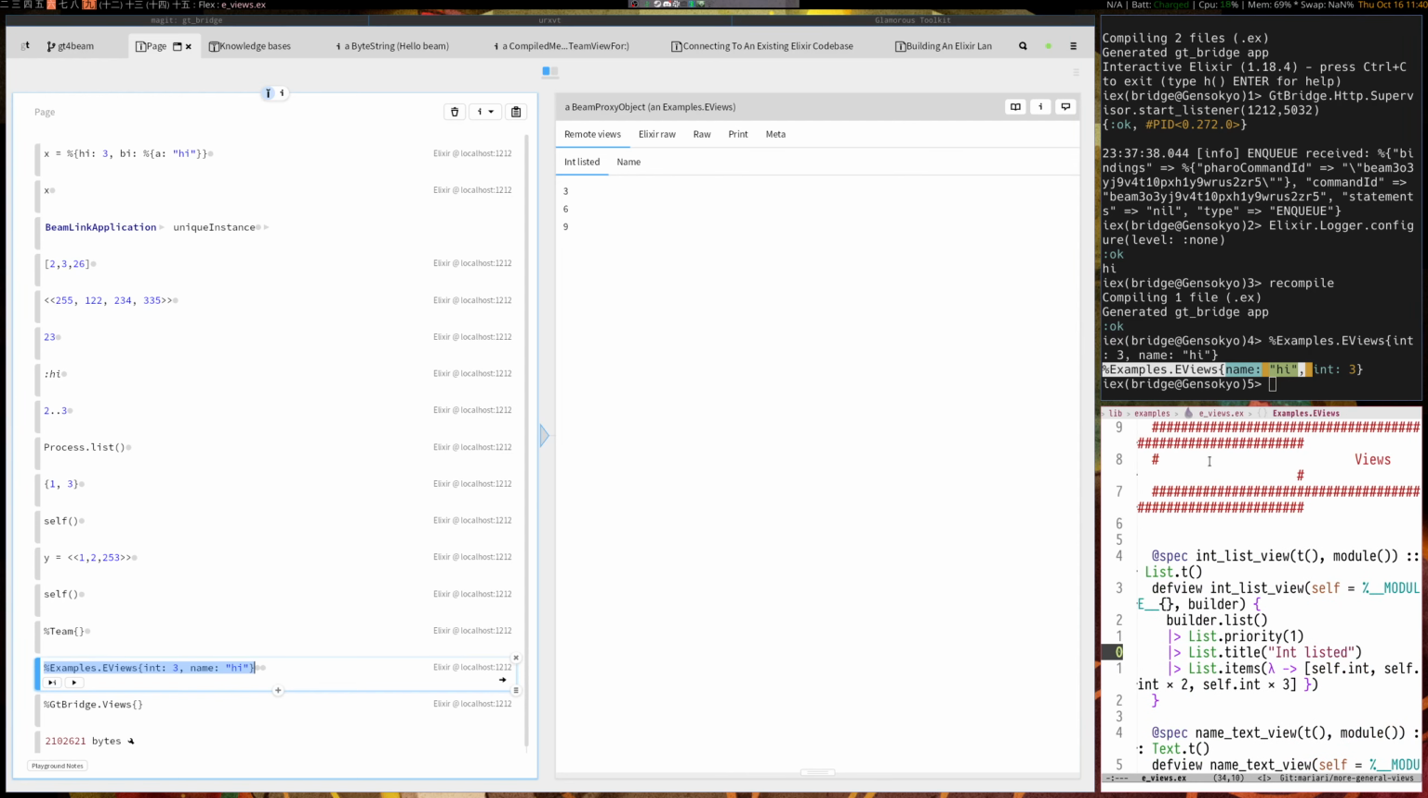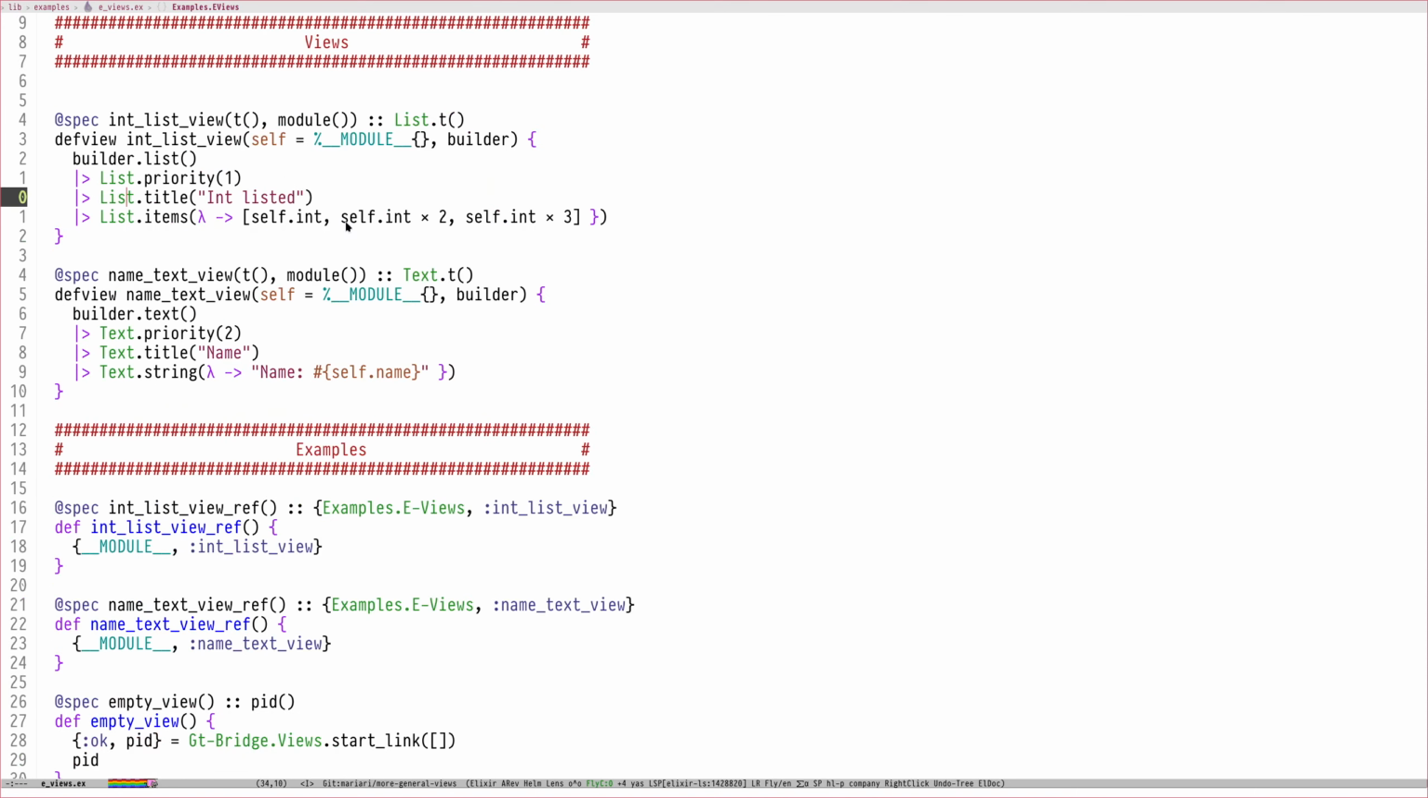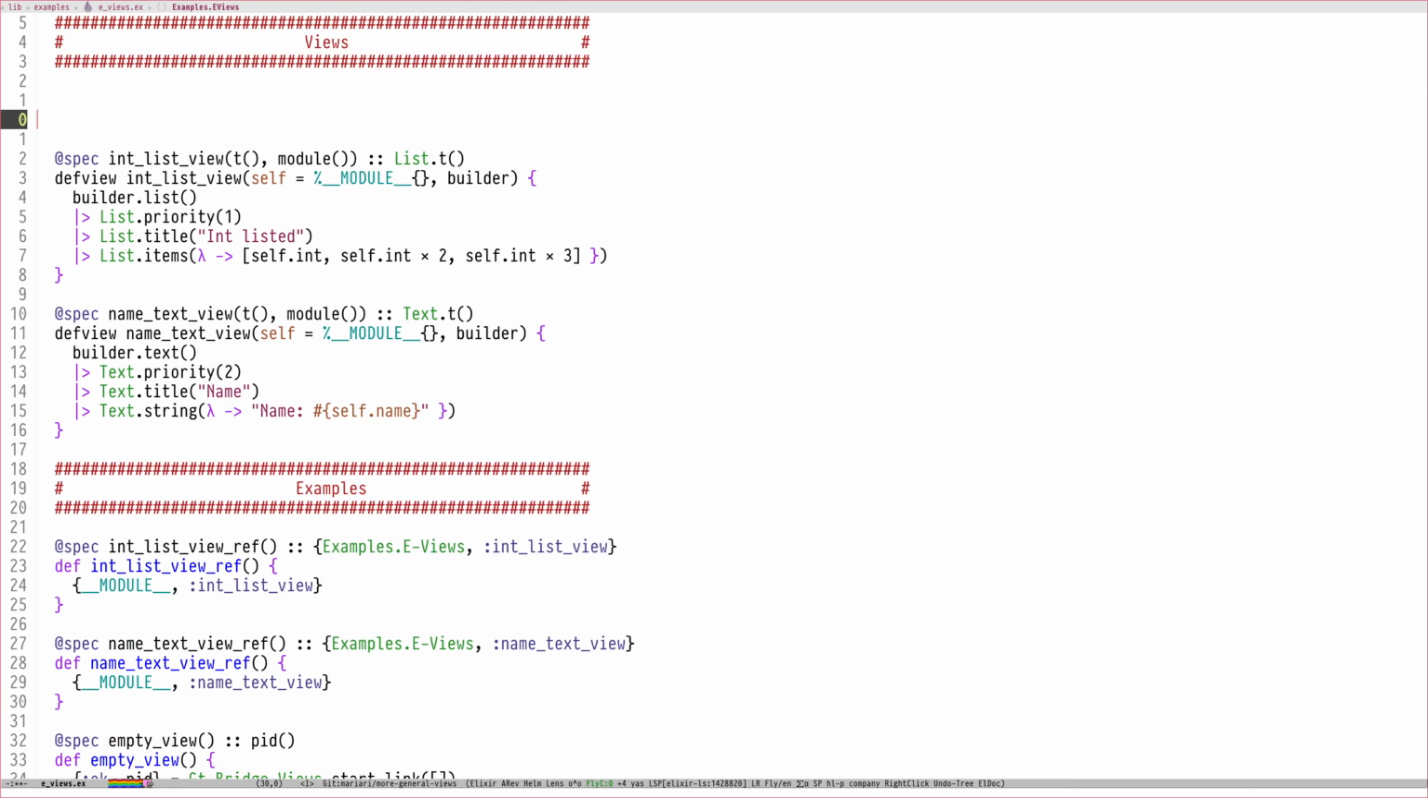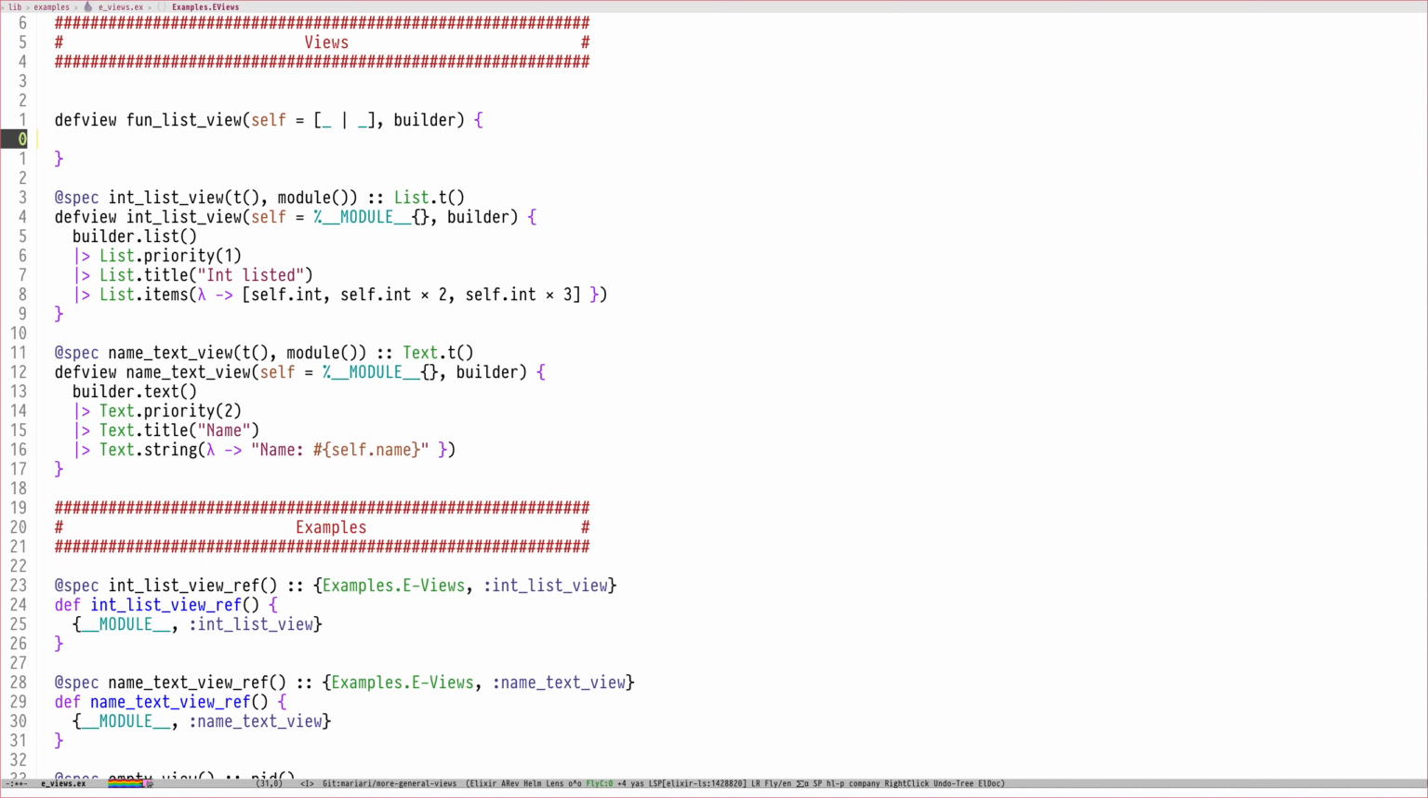What's neat is that you can also define this for any data type. So for example, let's build a view for lists. If we want to really quickly make a view for lists, it's very simple. Fun list view. I'm just going to take self is equal to, I'm just pattern matching, so I'm telling it what type it is. And then builder. And then it's very easy to make. We can do builder.list,